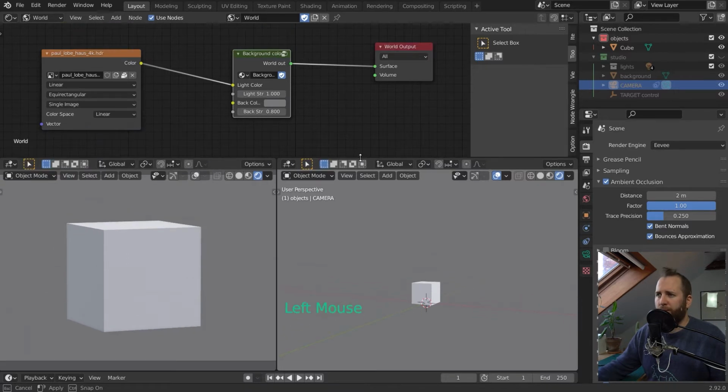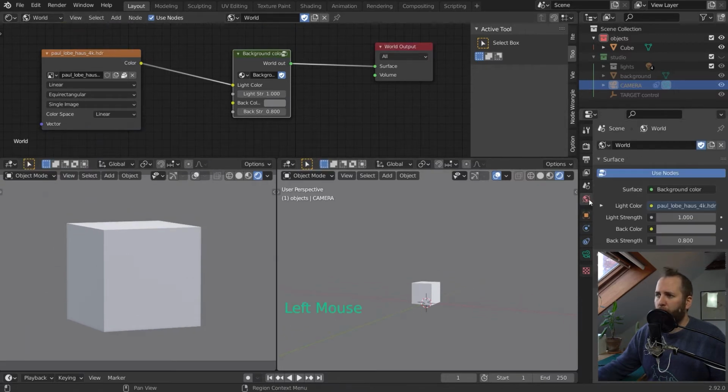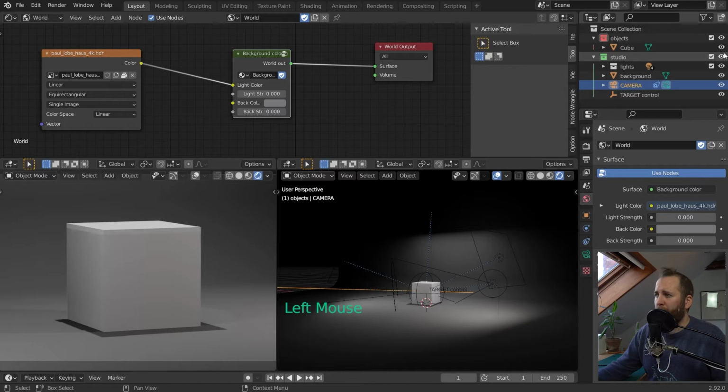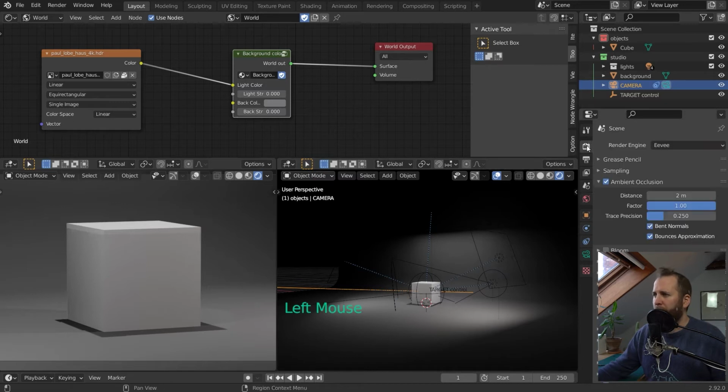Something like that. So this can also be accessed through the world tab in the world properties with these 2 values here. So you can just take them back down to 0 if you like. I'm gonna do that, and I'm gonna turn the studio back on because that's what we're going to be working with. Next thing to look at is to make sure that you have the render engine that you prefer,